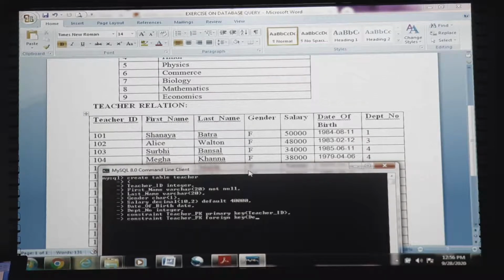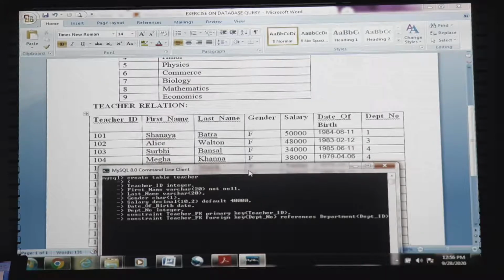Now here we have declared department number as foreign key. The department number field is declared as foreign key, which references the department id column of the department relation. References department underscore id.